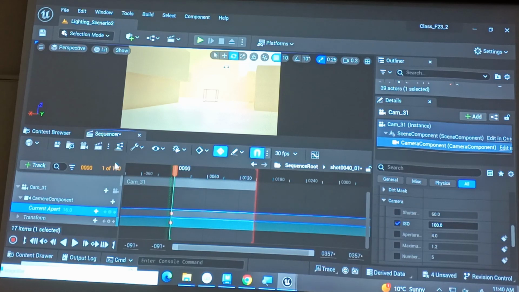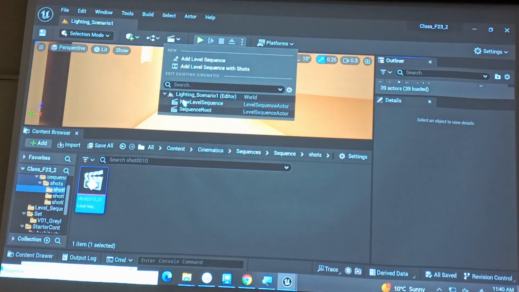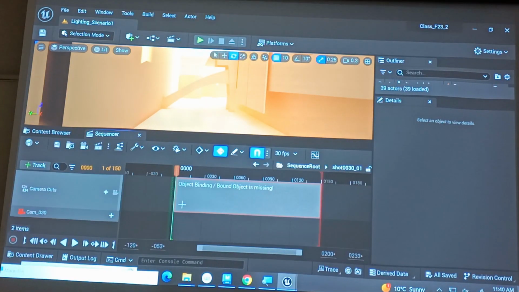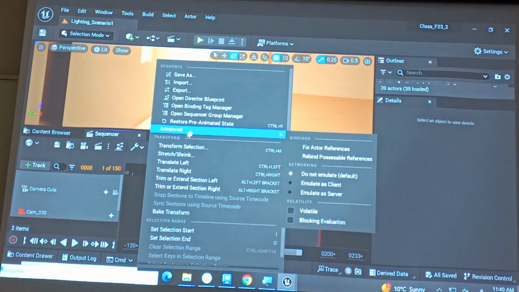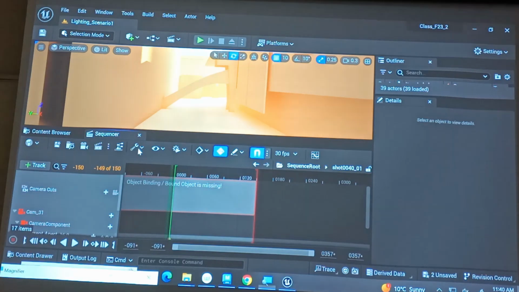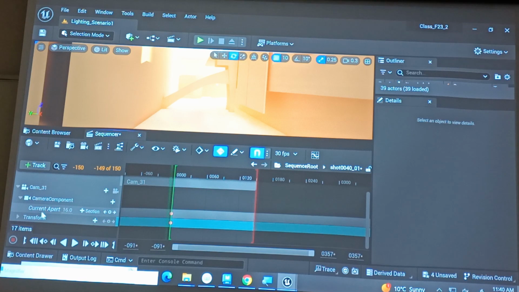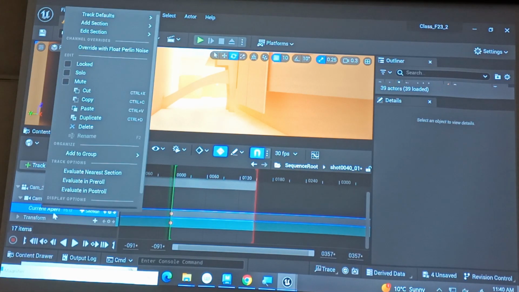But what we can do, save the sequence. I'm going to load back into lighting scenario 1. Load the same sequence here. Rebind. Again, 6 actor references. And then once we're in that original sequence, if we need to ever re-render it, we can right-click and mute